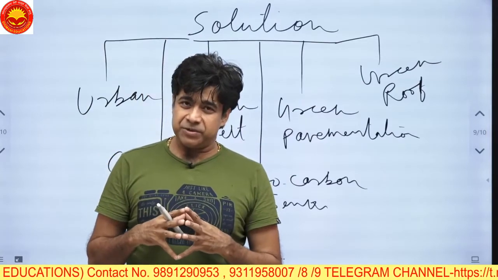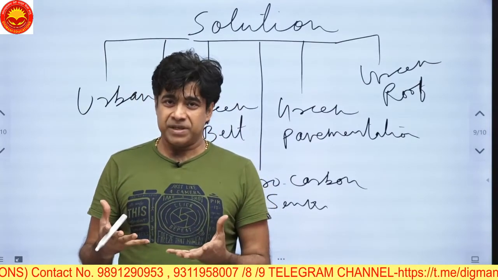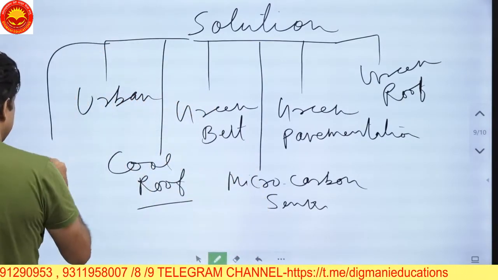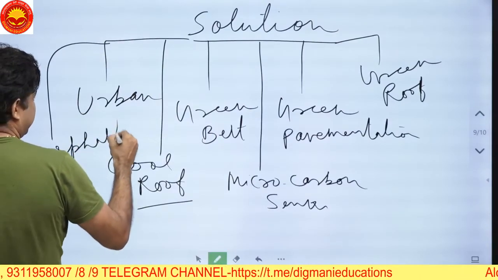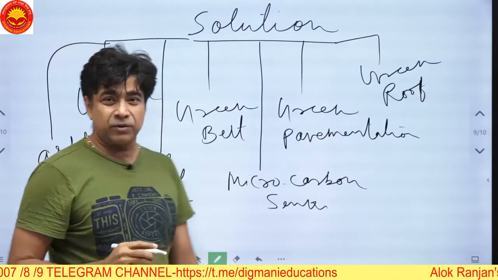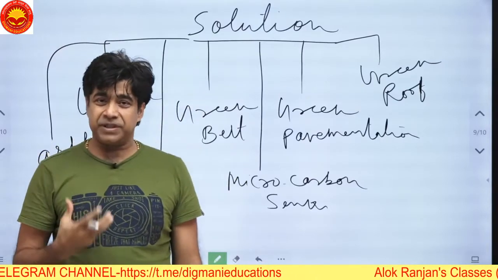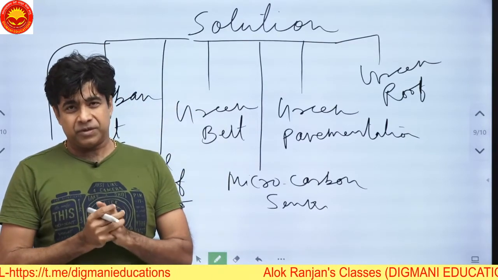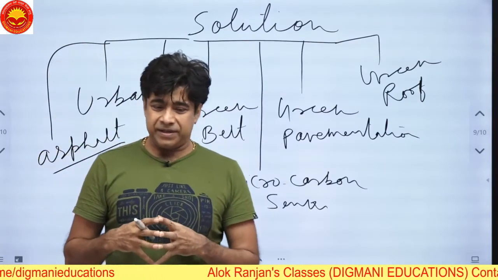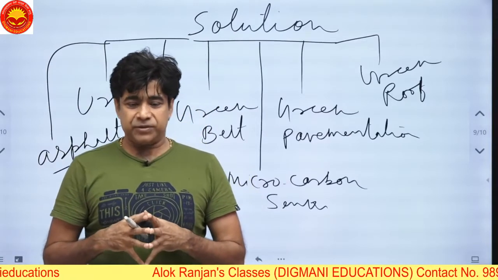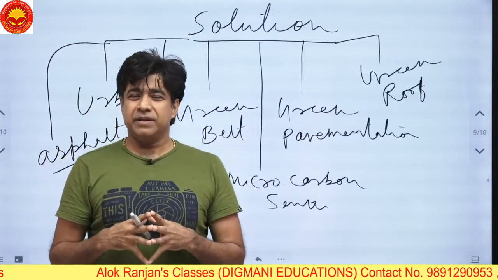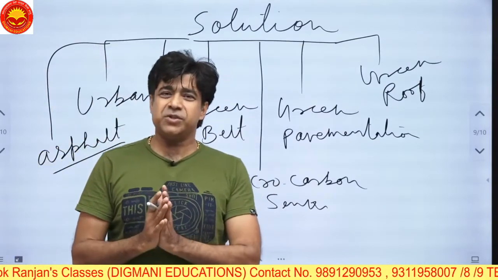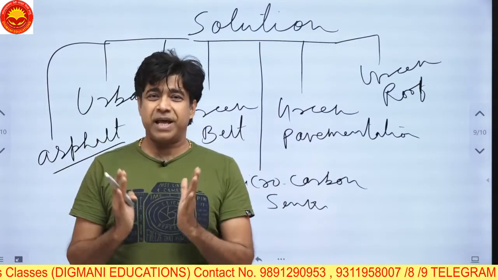And two more points I would like to add: use of asphalt. Instead of the metallic roads, if you use coal tar, asphalt is also called coal tar. So use of asphalt or coal tar can also help in the reduction of the heat island phenomenon. Now, one last suggestion for you: coating of grasses and grass paving, and also vegetative shading can be done. So all these solutions must be introduced by the Planning Commission and the urban planners.